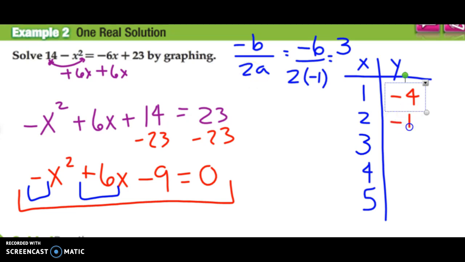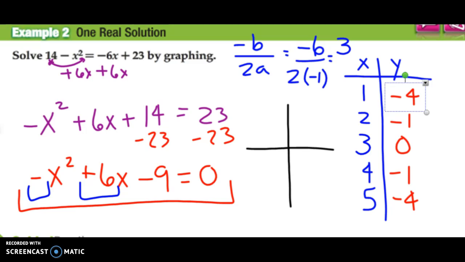2 is negative 1. 3, our vertex, is actually 0. And then 4 is negative 1, and then 5 is negative 4. So you'll see it starts repeating itself. So our vertex, when I graph it, when I go to my calculator and graph this,